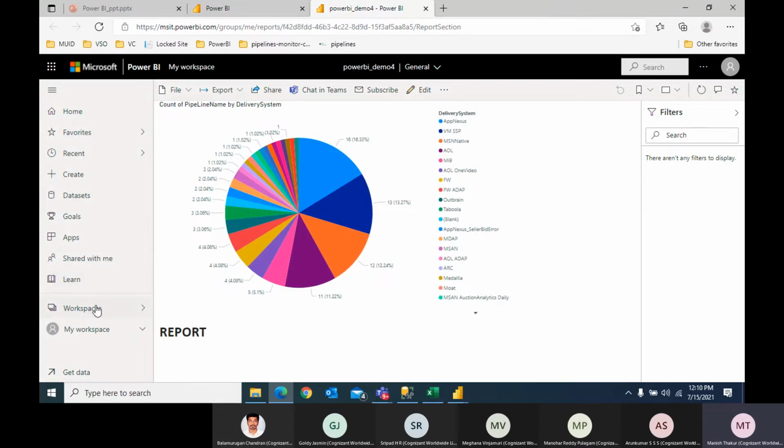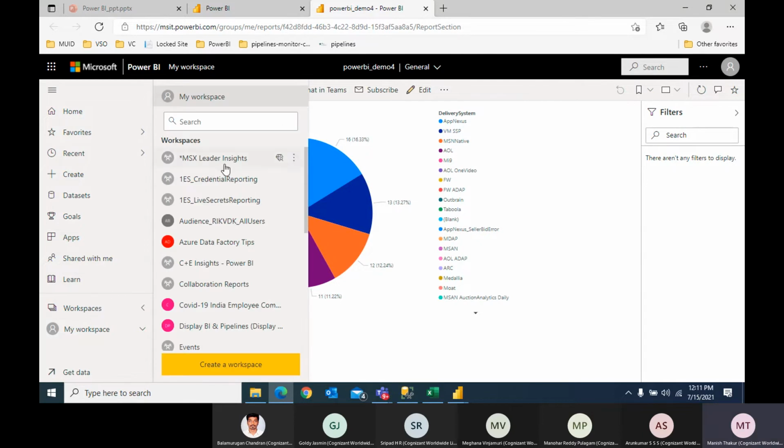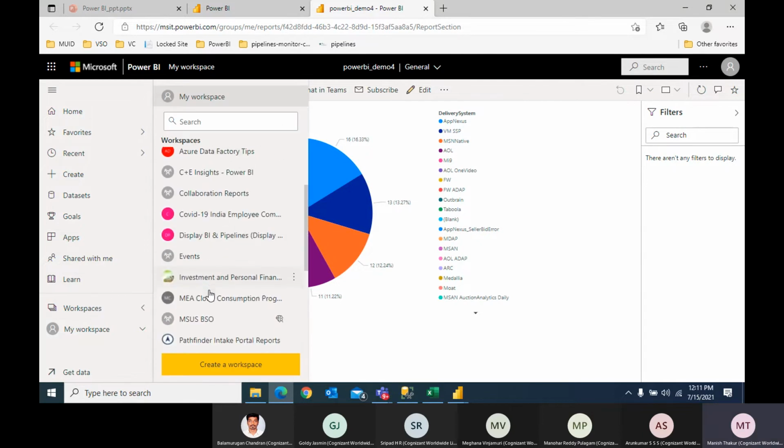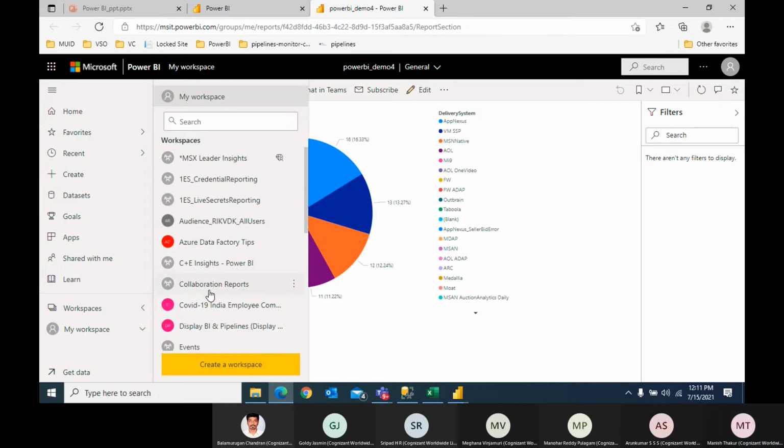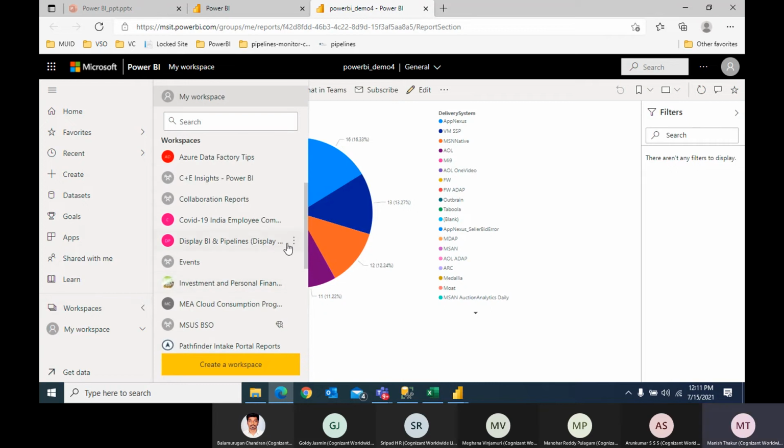Now one more thing, I'll just talk a little bit about the settings. Here, since we are using the display BI pipeline, right? So in order to check whether you have access or not to that display BI, you can see three dots.